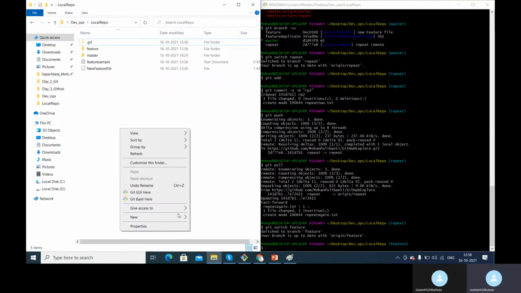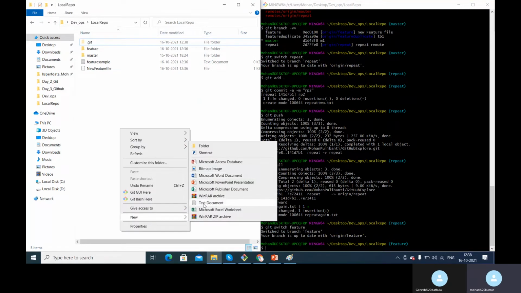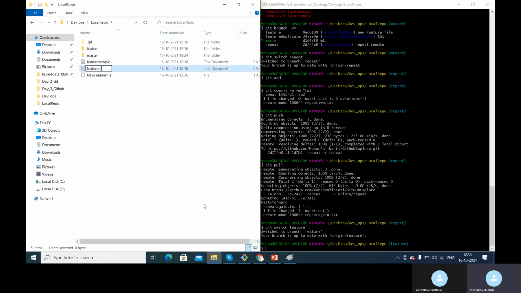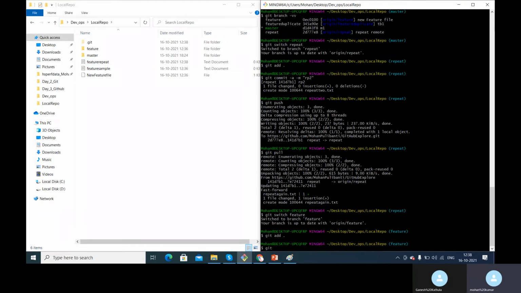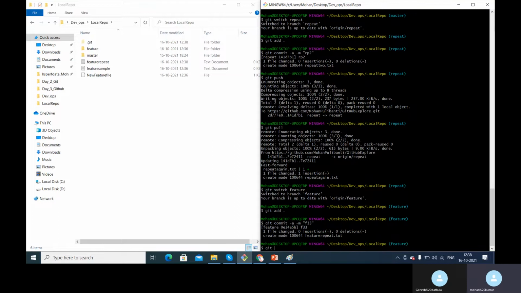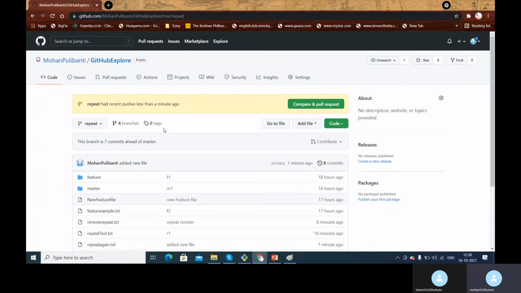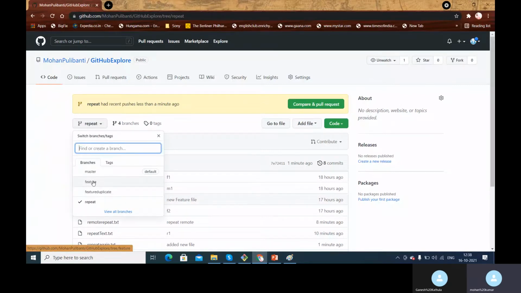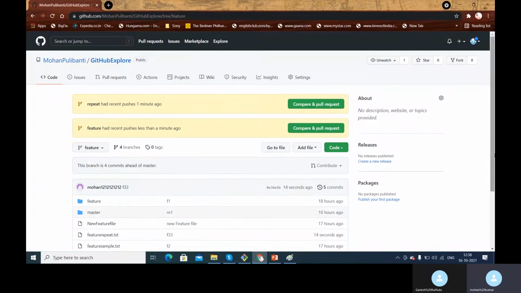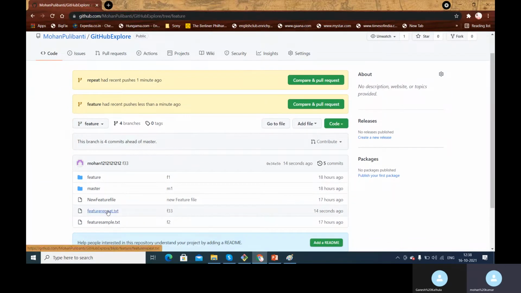Now if I add some file over here, I'm adding a new text file. Feature repeat is the text file that I added. So I commit that: git add dot, git commit -a -m and the name of that, feature 2233. Once I'm done with this, I just need to say git push. That's all, because it is already tracked to the remote tracking branch. If you go to the remote tracking branch and go to the feature branch, whatever feature repeat text file we have added directly came over here. It's not so complicated when you establish this connection. That is the whole point over here.